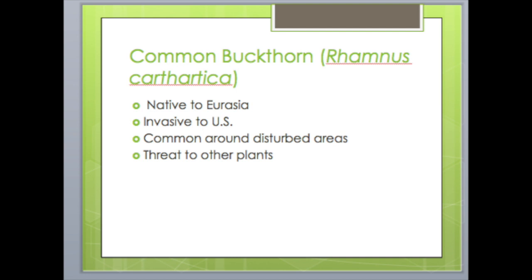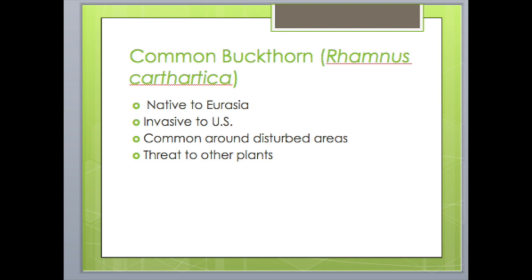So, to begin, the common buckthorn, otherwise known as Rhamnus cathartica, is originally native to Eurasia. It was brought to the United States in the mid-1800s as an ornamental shrub that was used for living fence rows and wildlife habitat. Since its introduction, it has become aggressive and has slowly taken over most of the northeast and upper Midwest of the country.